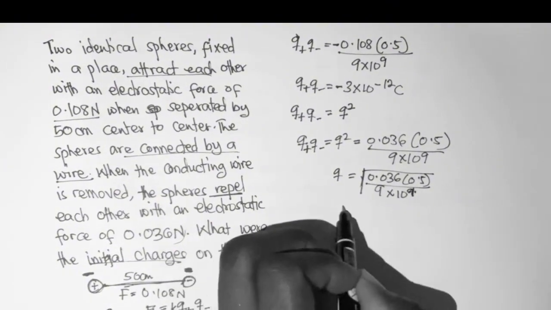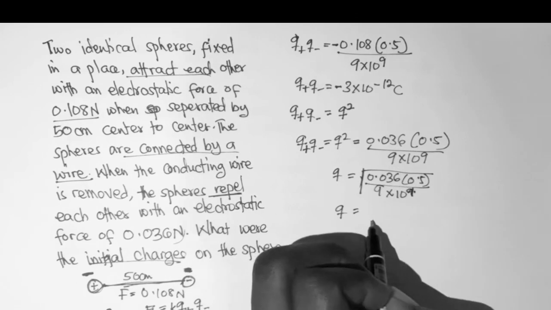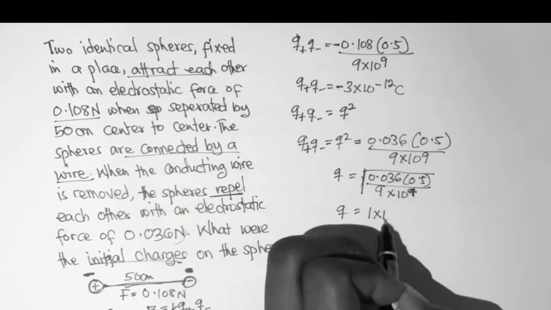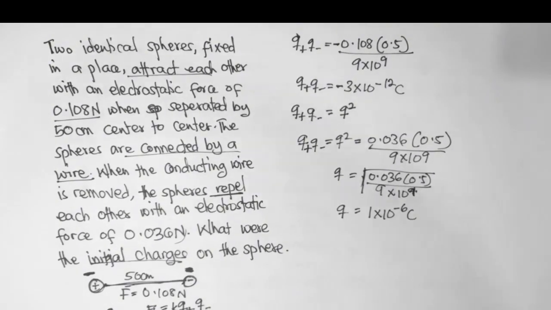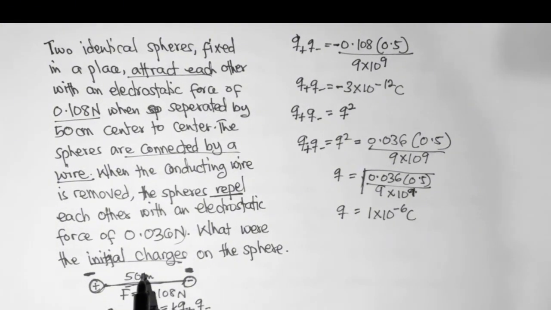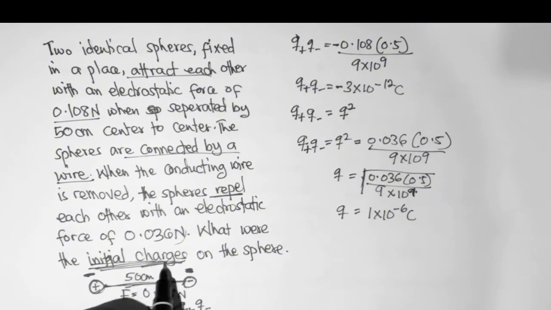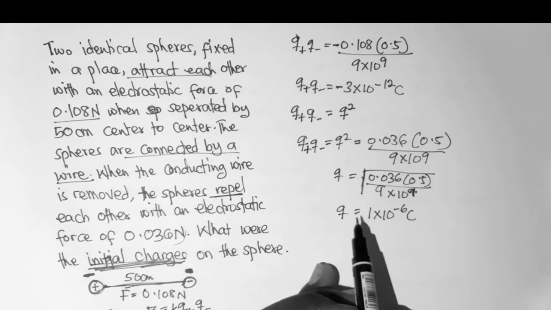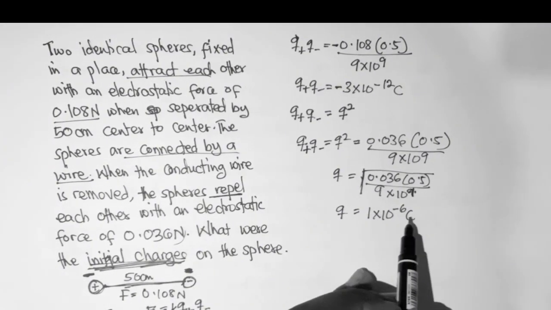And if you compute that, you find out that Q is equal to 1 times 10 exponent minus 6 coulombs. So that is the value of the charges when the wire is connected. But from the question, we are supposed to find the value of the initial charge. So Q is 1.1 times 10 exponent minus 6